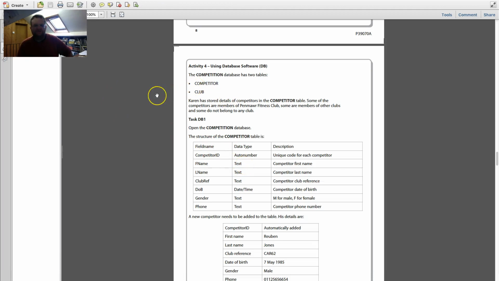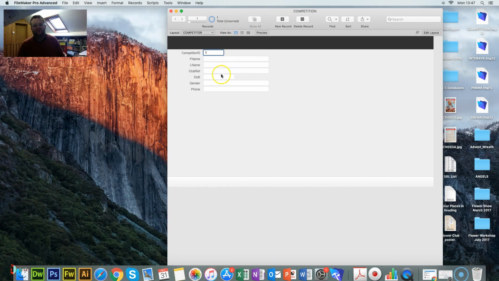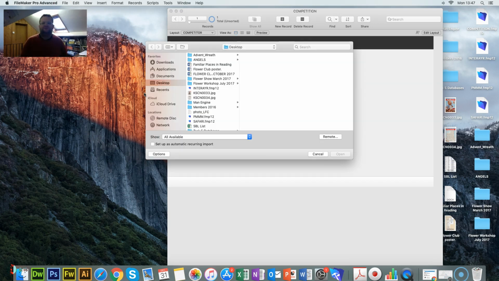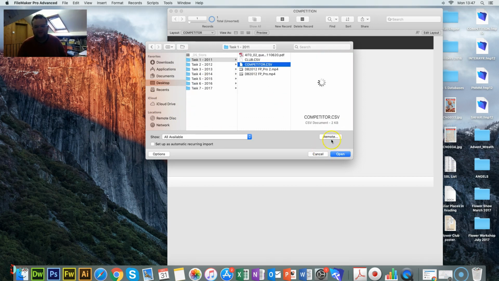The next one we want is club. So if we have a table we want to import in, okay, we just go File and import the record. So we want to import these competitors in, okay. So you go File and Import, and we then go to Task 5, Task 1, of course, competitor. Make sure it sets comma separated value. Always select this, otherwise you will have problems. Open,